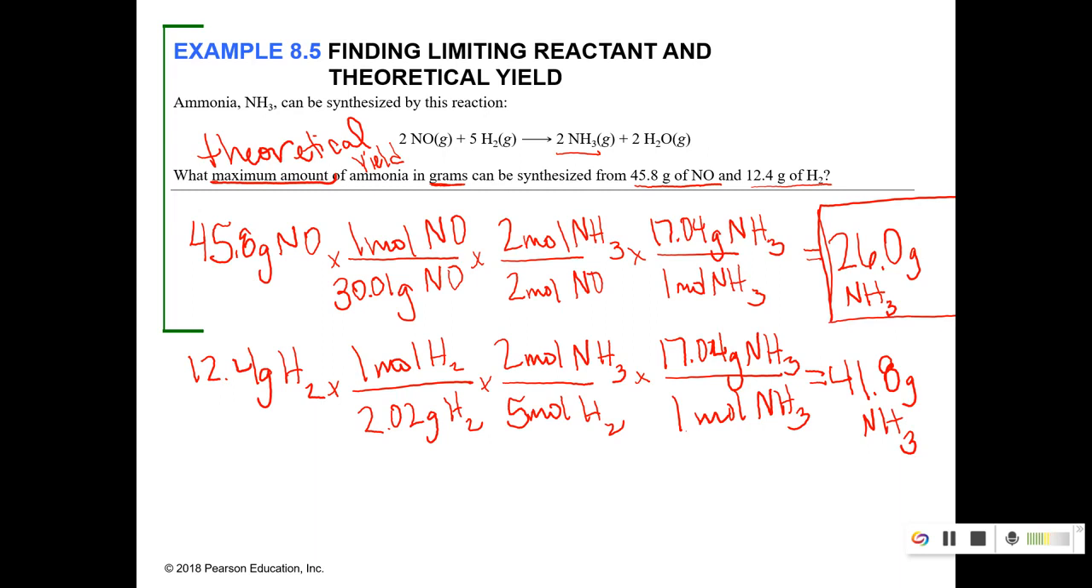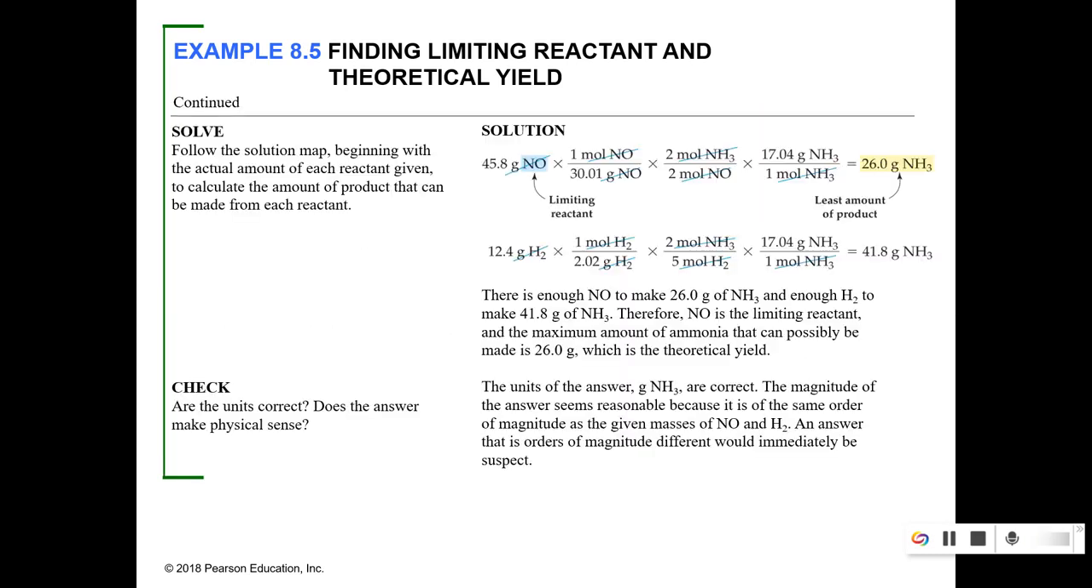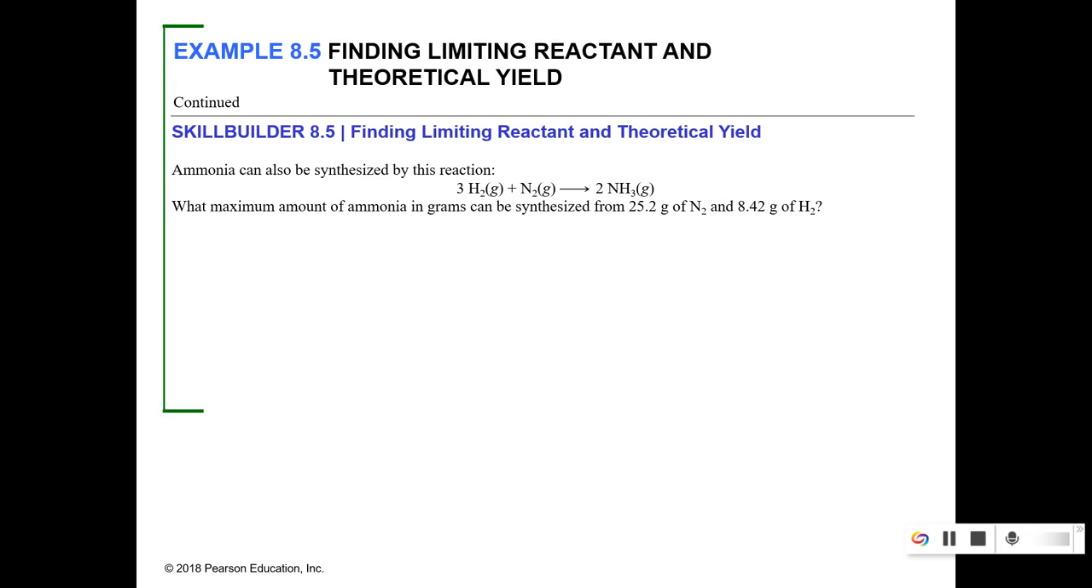Okay, so remember our theoretical yield is our smaller answer, and that makes our limiting reactant nitrogen monoxide because it gave us the smaller answer. Okay, let's do another one. Again, what's the maximum amount, so theoretical yield, of ammonia from 25 grams of nitrogen and 8.2 grams or 2 grams of hydrogen. So,